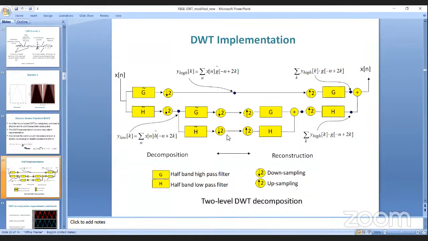Because the details, the high frequency parts, are not the major part. They are not the dominant part of the signal. Sometimes whether you keep this information in the signal or not, it doesn't affect the quality too much,